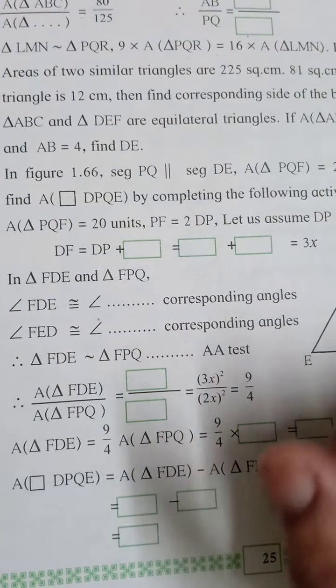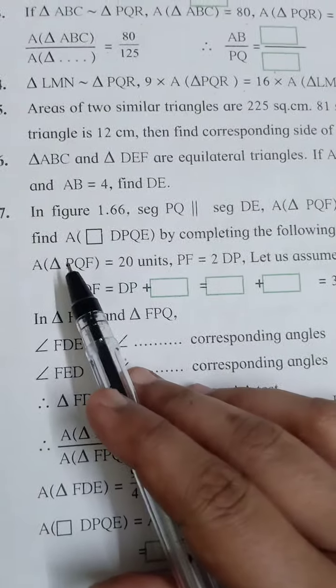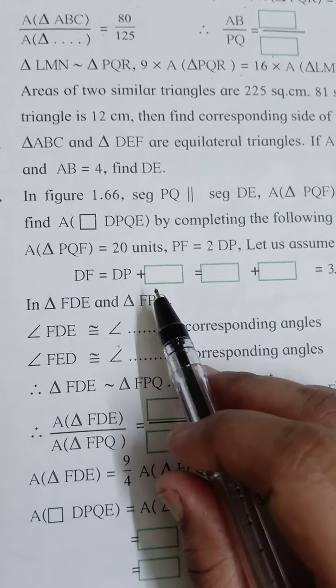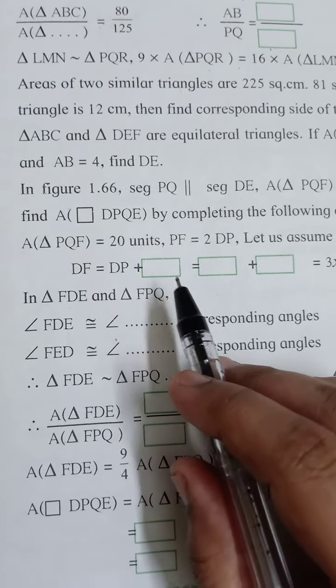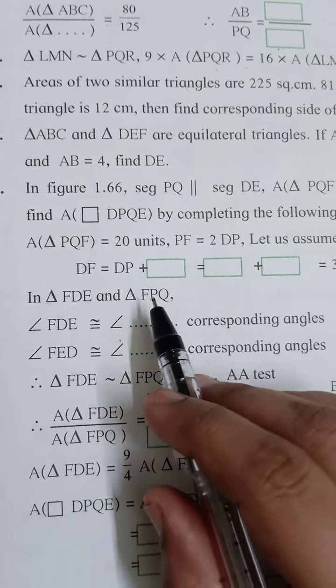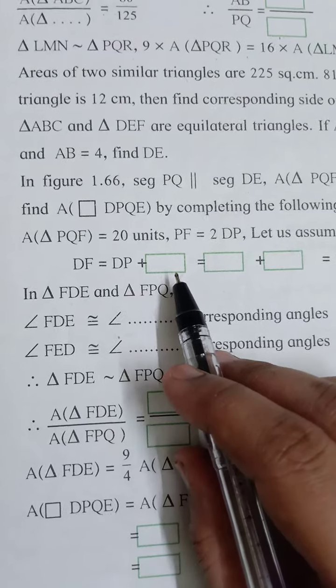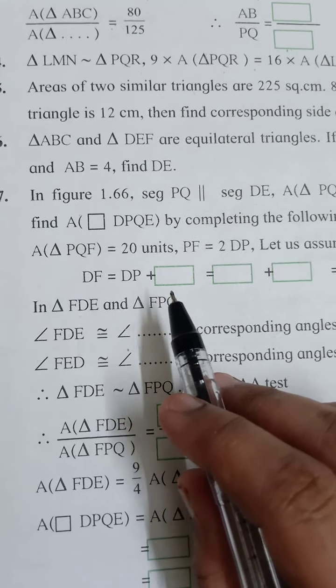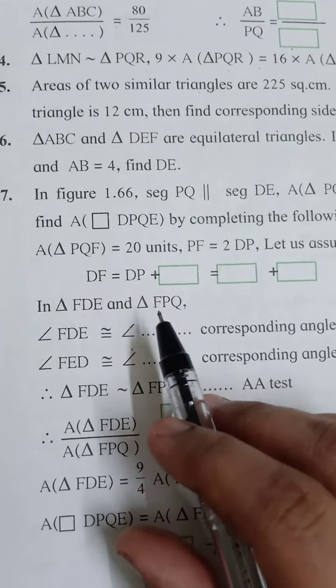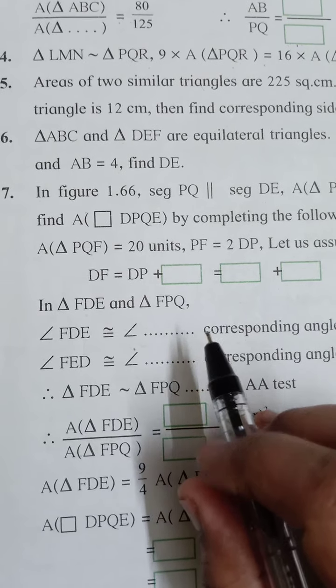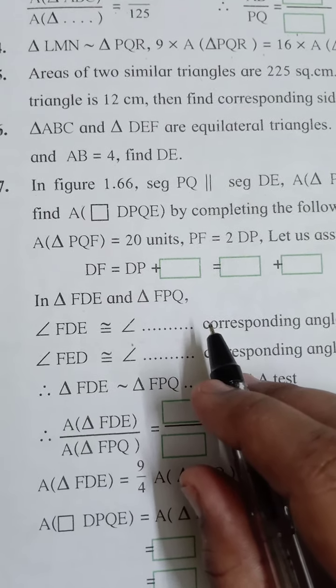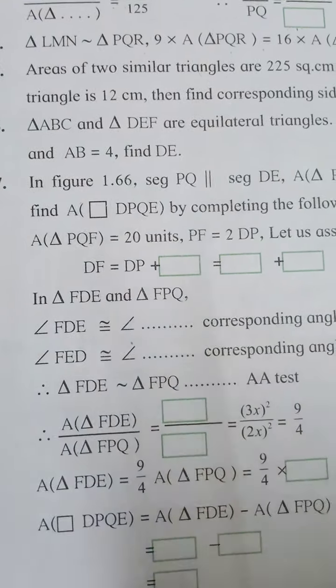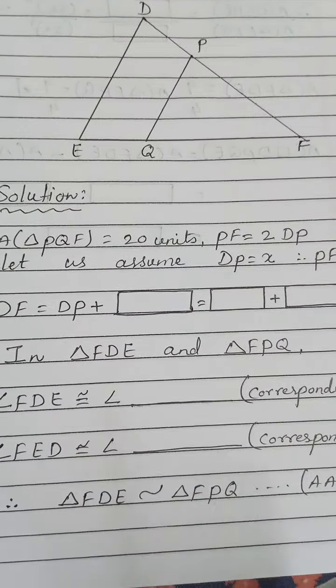We have to complete all the blanks given here. So solution, as I have explained and told you again and again, whenever an activity question is given, the same steps should be there in the solution also. No extra step will be needed or will be accepted. Okay, so you have to be careful about this. So now we'll see how to solve this.